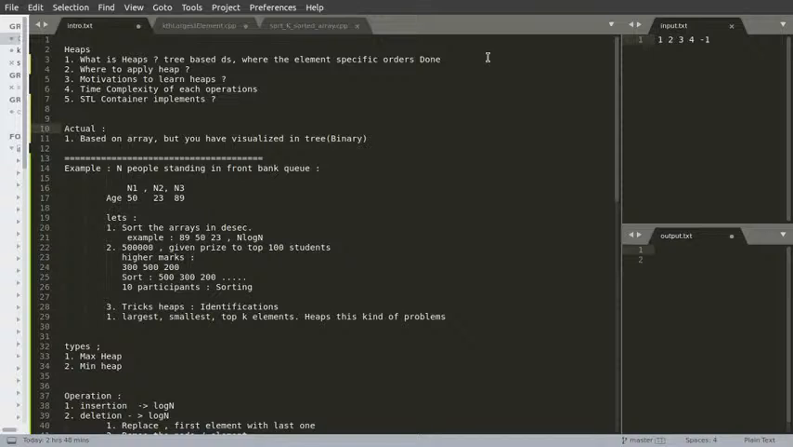Different kinds of problems. I already told you about this kind of scenario, like a coding contest going on, or the banking queue where you need to prioritize your tasks based on different kinds of keys. So that's the whole scenario. And a major number of times, if you see this kind of a thing,